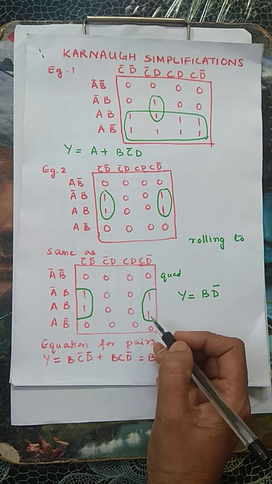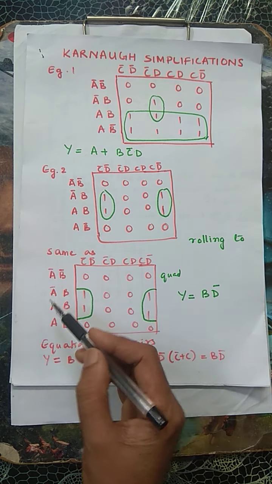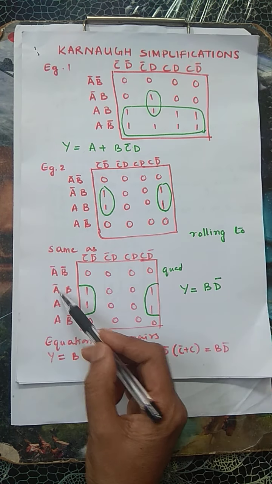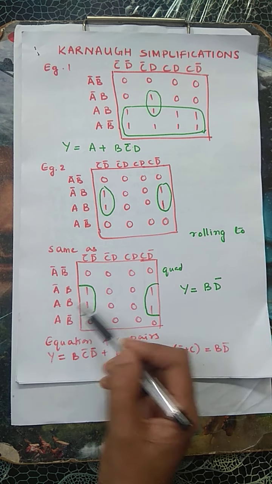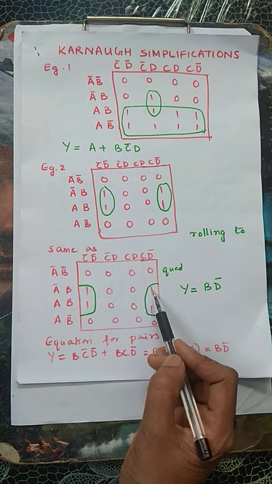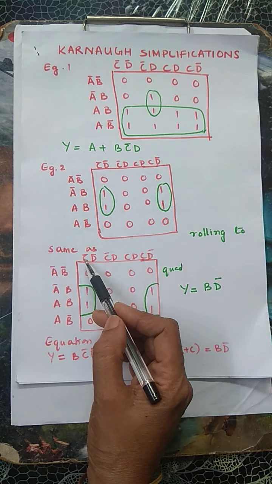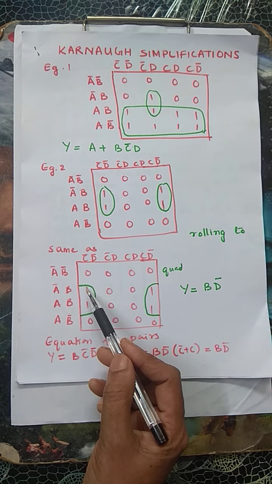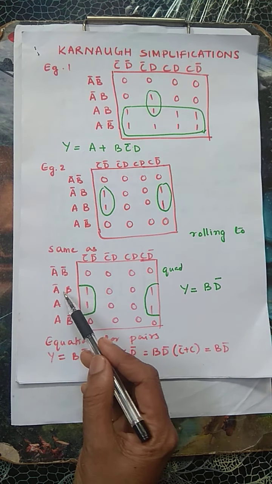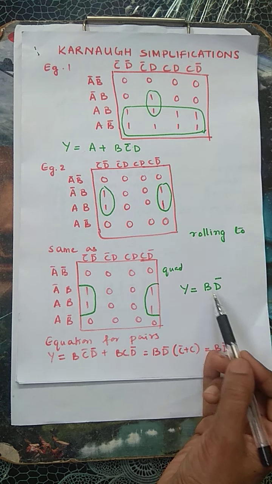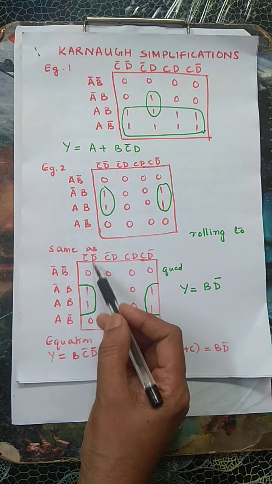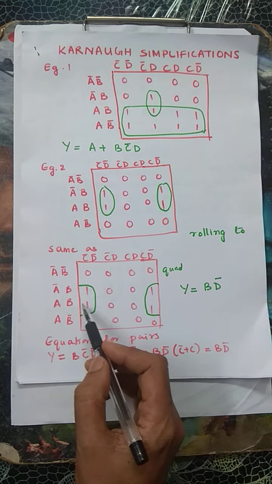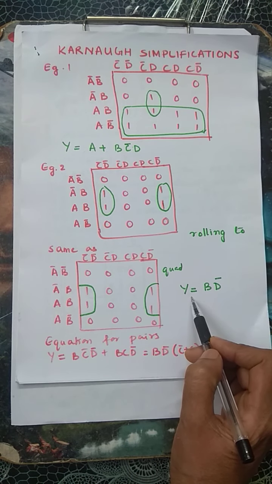When they are rolled in, again you have to look at which input is changing from complemented to the uncomplemented form. Here A complement is changing to A, so A can be eliminated. When you take this and this, D complement is remaining the same, C complement is changing to C. So you can eliminate both A and C inputs. So what remains in the product will be Y equal to B D complement. Here B is there, D complement is there. The other inputs are changing sign, so they can be eliminated.